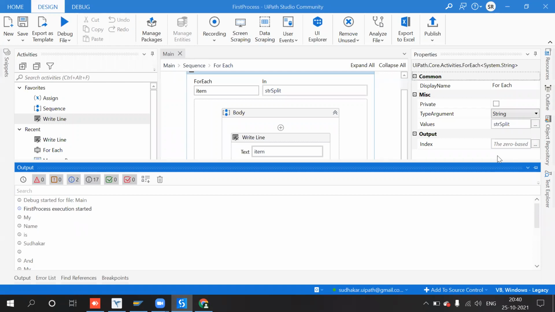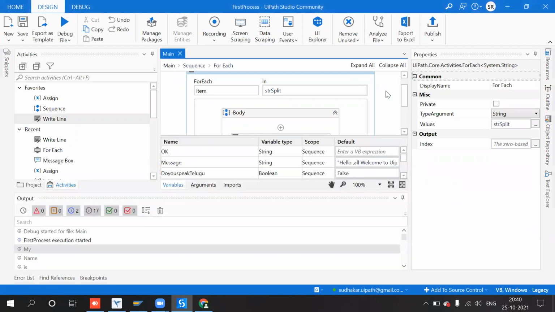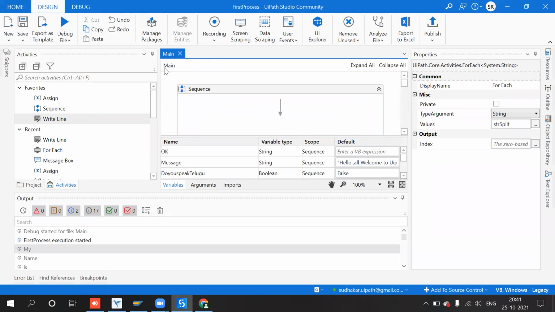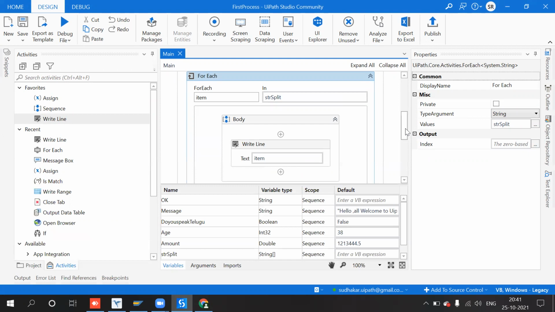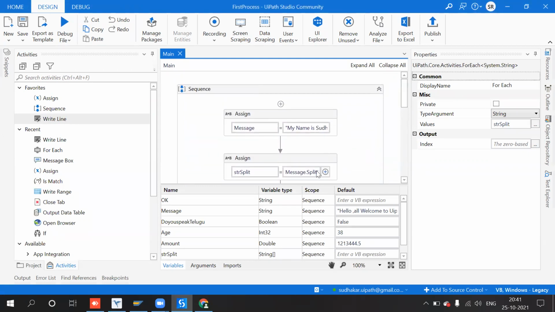Okay, now all the output we got. For example, now I don't want to split by using that, so here I use split.